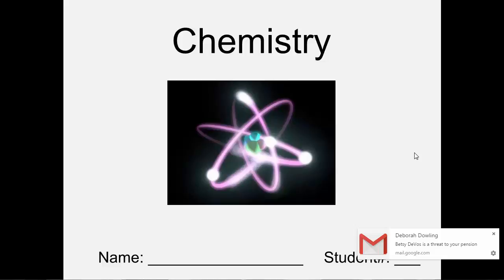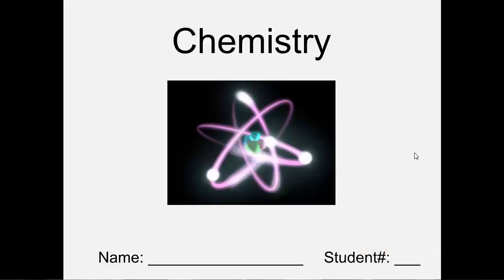So what we're going to talk about today is sort of an introduction to chemistry and some basic definitions. And then tomorrow we'll really start talking about the periodic table and what all those numbers represent. I was just joking about your quiz. You're not going to have to write out the periodic table or memorize element names. You're going to have to be able to use the periodic table to figure out a bunch of different things.